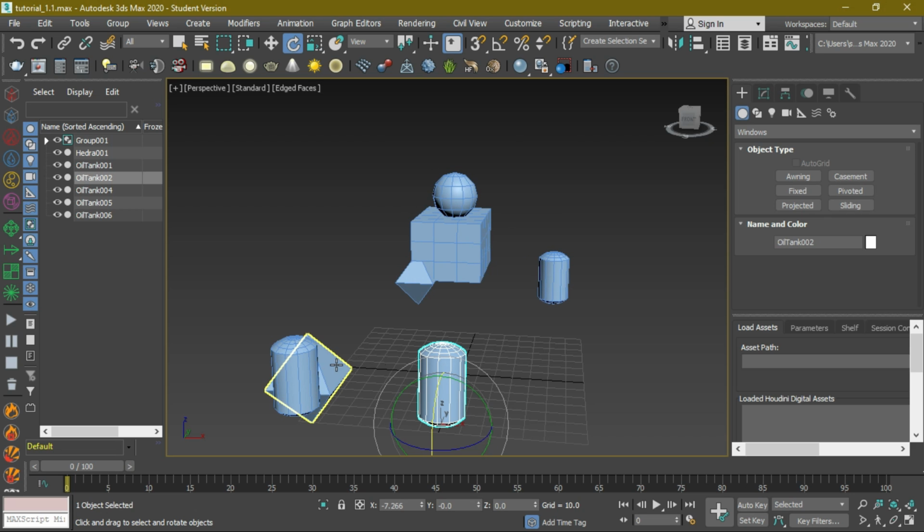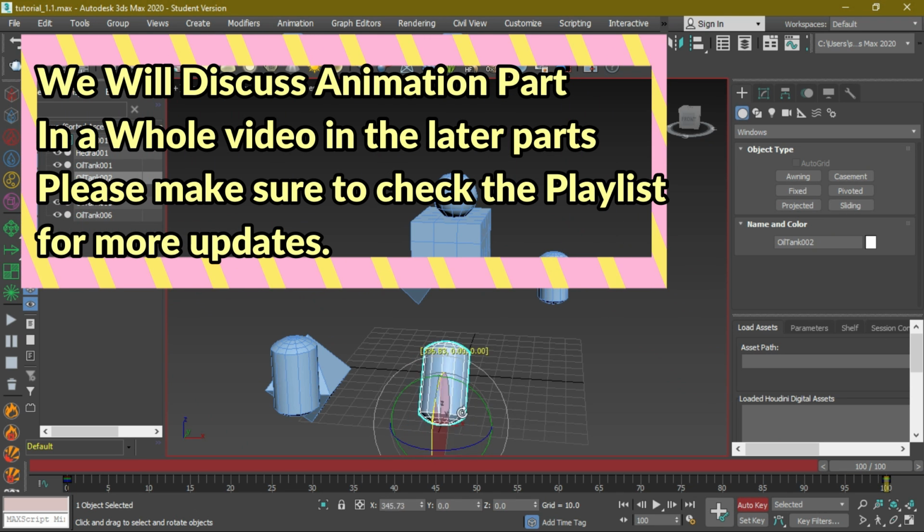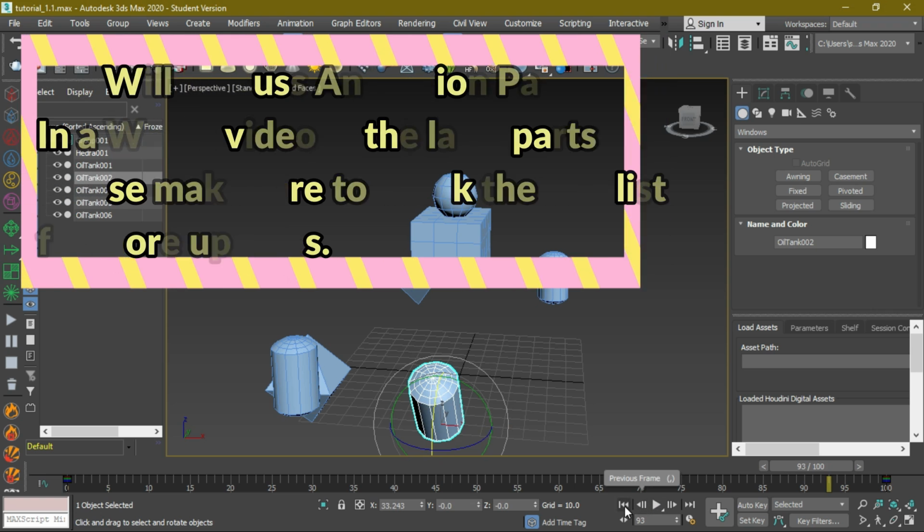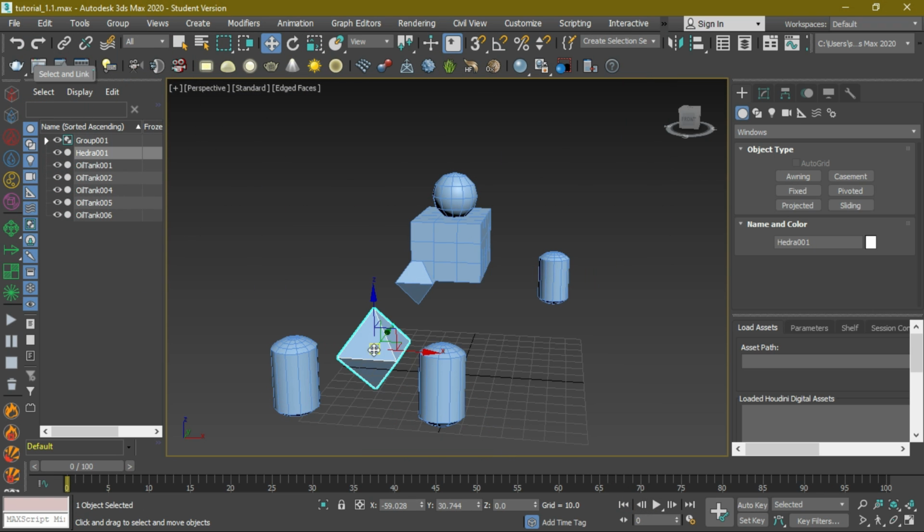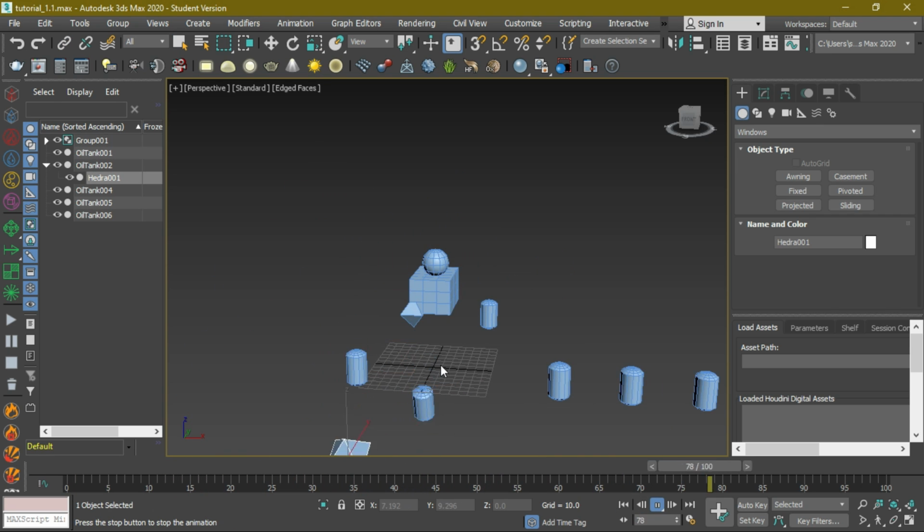Let's try this by linking. Let's give it a motion. I want to link this object with the Hedra. Click on the Hedra. Click over here, select and link. Left mouse click on the surface of Hedra and drag. Don't release the left mouse button yet. And when you reach the oil tank surface, release your left mouse button, press Q, and let's hit play. You can see these two objects are linked, so this will follow every motion of this object.